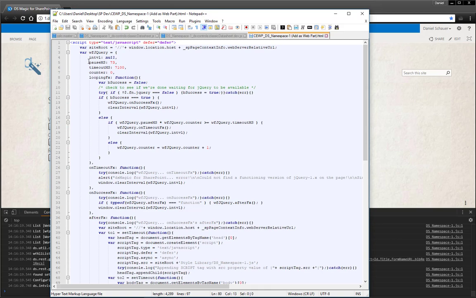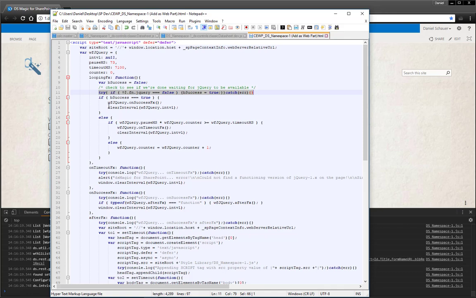All right, and if we take a look at the code that waits for jQuery to be available and then loads the DS namespace and its associated CSS files, this is what we see. It is basically an object that creates an interval or repeating block of code that runs every 73 milliseconds until about 7 seconds have elapsed, at which point it will time out if it has not already detected jQuery loaded on the page. However, as soon as this does not fail and it's able to detect jQuery on the page,